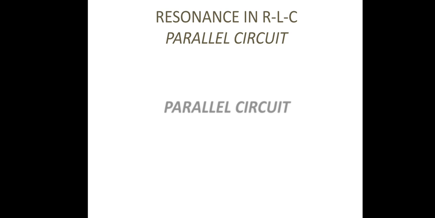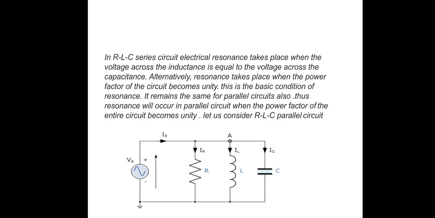Now we are going to talk about resonance in RLC parallel circuits. Whatever we discussed about the series resonant circuit, similarly we are going to talk about the parallel resonant circuit. Previously the three elements were connected in series with the voltage source, but now we are going to connect these three elements in parallel with the source. The source will be Vs here, the circuit R, L, C are connected in parallel with that. The currents flowing through the three elements are IR, IL and IC respectively, right? The node point is A.